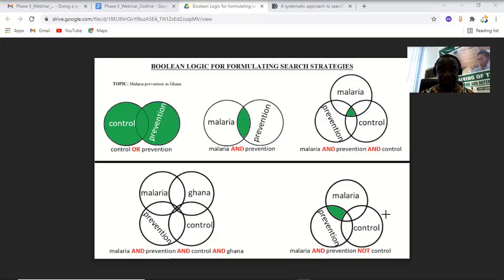So in brief, this is all about the Boolean logic and how it operates. Remember, the Boolean operators are always in uppercase. So capital letters: OR for or, AND for and, and NOT for the not operator. This is very key to understanding how we are going to be demonstrating a systematic search involving a search strategy in which we create a whole query, using all the tools available to us and our own knowledge